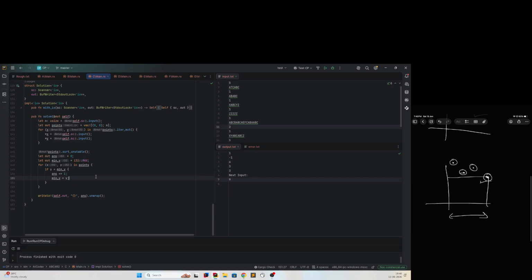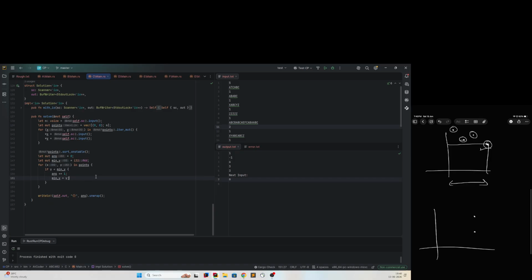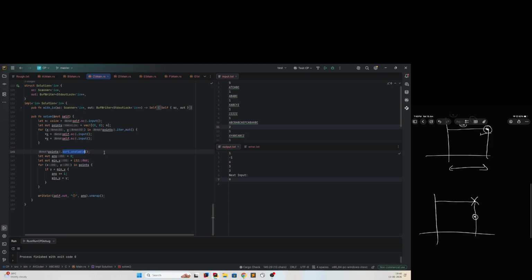One more thing to note here: if we have a scenario like this, two points having the same x values, then I believe this counts inside, so this is not a good point. So we have to note that in sorting we cannot only sort on the basis of x, but must sort on the basis of both x and y. So this will come first, this will come second. Just a point to note,